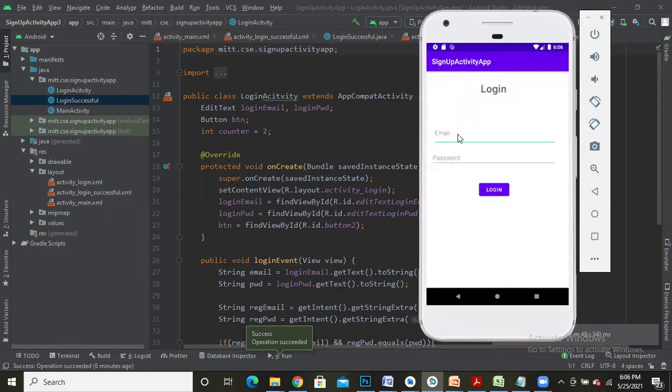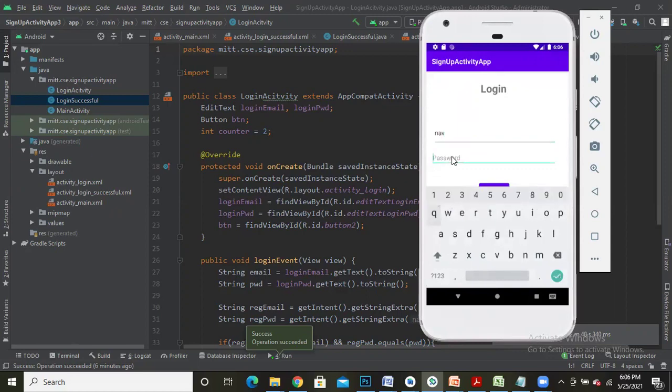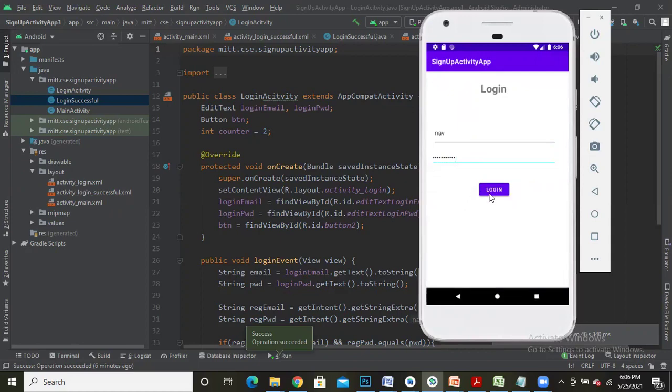Suppose I enter a different username and the correct password. So the username is different, but the password is correct. If I click on this login button, I'm getting a toast message, invalid credentials.